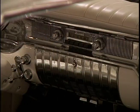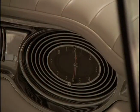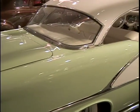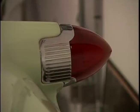In fact, I'm told I'm the fourth owner of it, but I can't really document that. But it was, and I wanted to make it custom. I wanted to fill in the hood and take the door handles off and deck it and, you know, the tuck and roll and everything. But the body was so nice and the paint was so nice, I just couldn't bring myself to start welding up holes. So I did as much as I could do to it to have a custom theme without actually